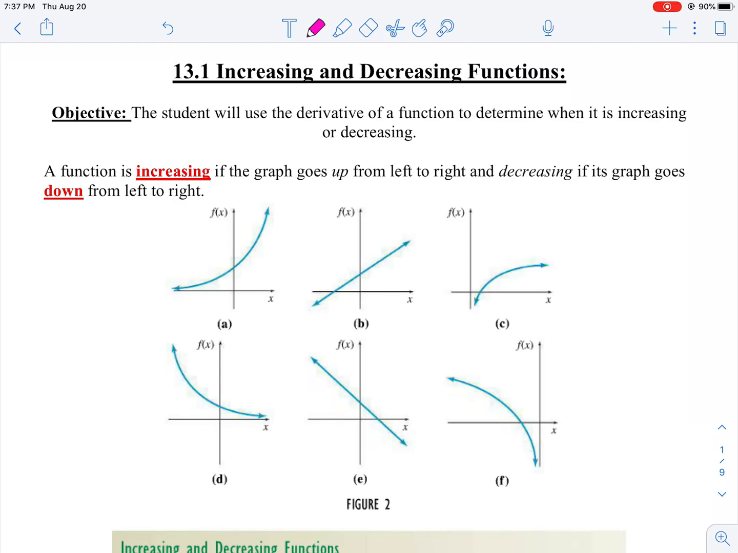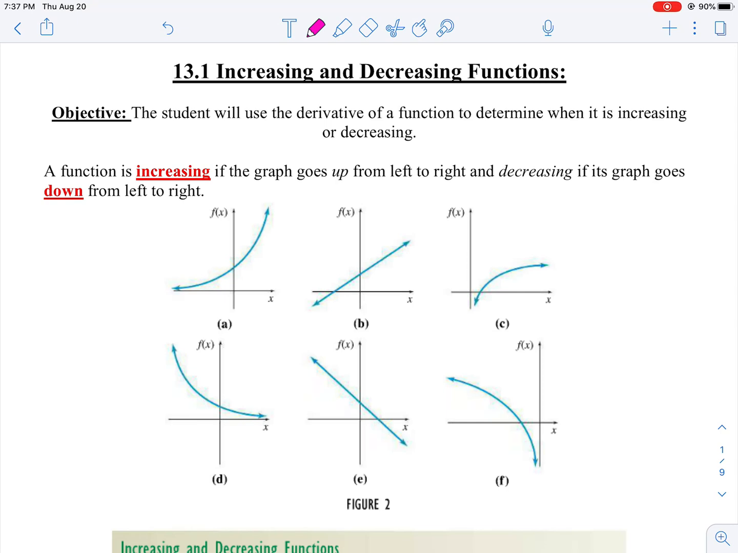Right, now that we have learned all the different rules for derivatives and you've memorized them and you've practiced them so much, let's figure out how we can use those derivatives to figure out certain characteristics of functions or graphs. So in section 13.1, we're going to talk about increasing and decreasing. How can we tell when a function is going up, increasing, and how can we tell if it's going down,